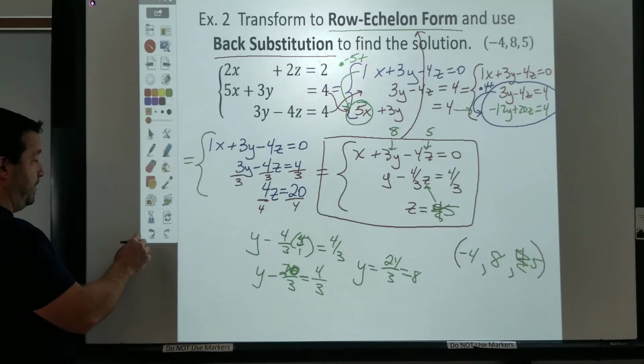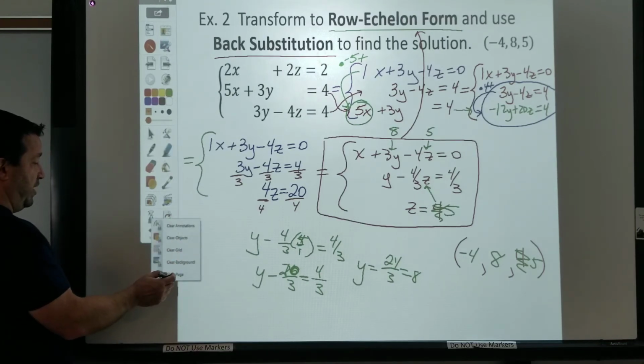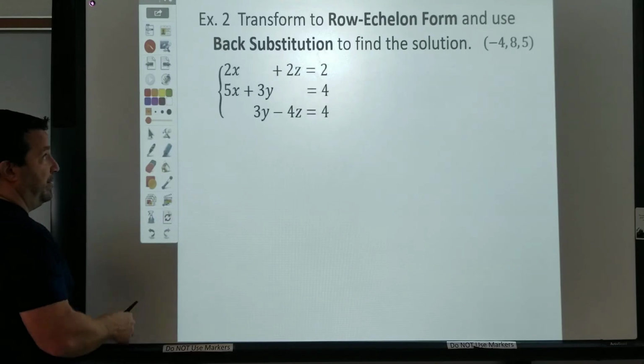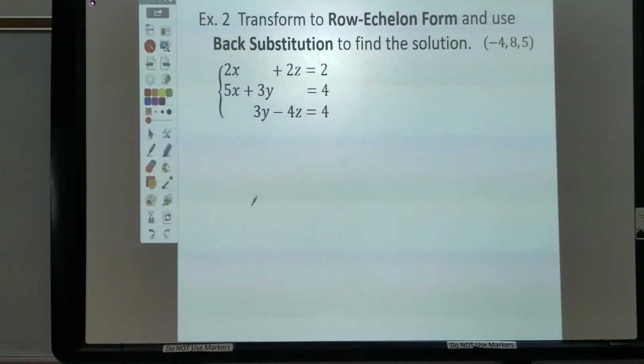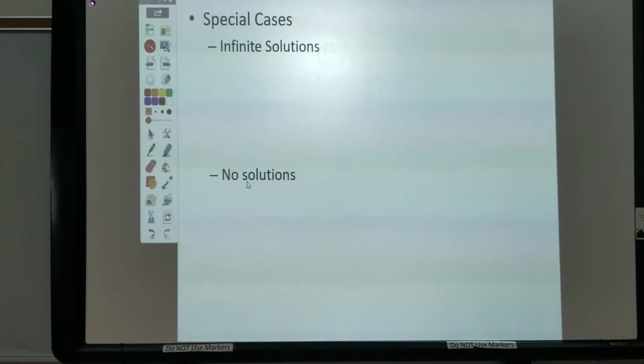Now, there are a couple of things that sometimes come up that you need to be aware of. And so I'm going to pull that up here. This is not in your notes. But